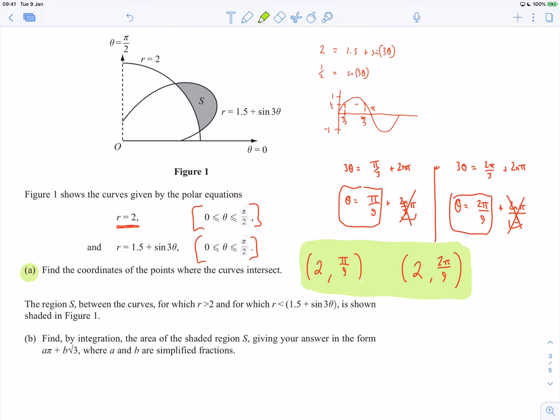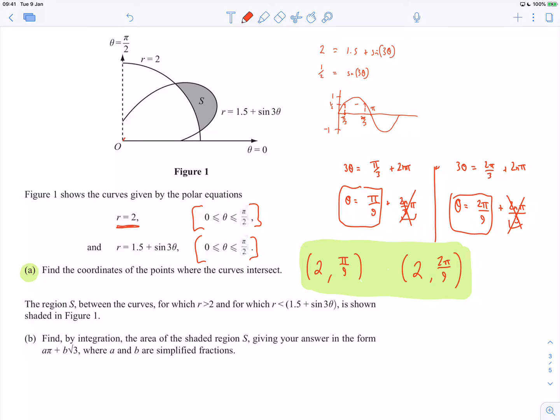Okay, the region S between the curves, for which r is 2, and for which r is greater than 2, but for r less than that, is shown. Find by integration the area of the shaded region S, giving your answer in the form given. Okay, so let's think about this very carefully. If I'm going to be doing integration, this time in polar coordinates, which is going to be dealing with sectors,